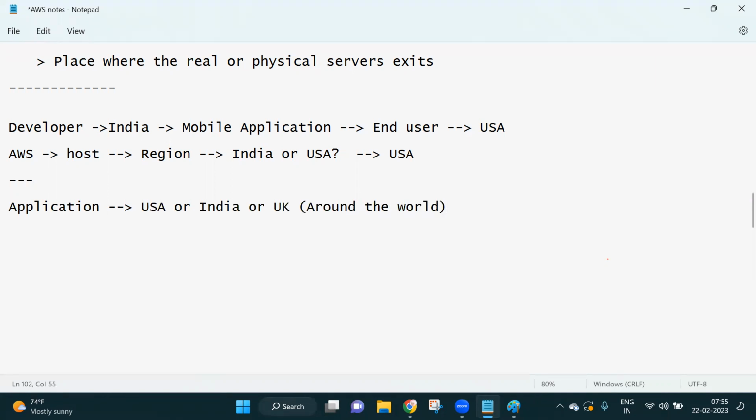But now you have to select the region. Maybe you are the developer. You are sitting in India. Consider like you are sitting in India only. Now, which region you have to select? Whether it's in USA or India or UK.